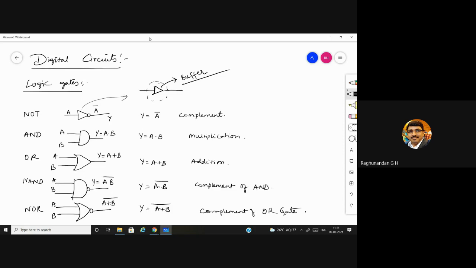Is it an internal diagram or internal block diagram? Block diagram, it is given.